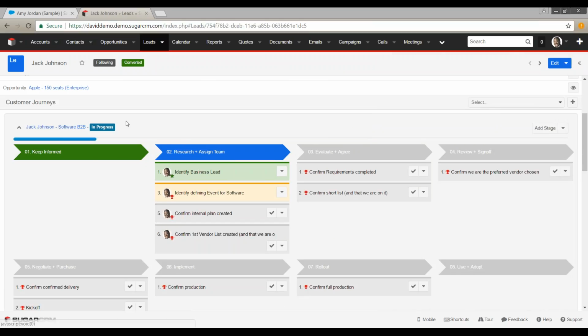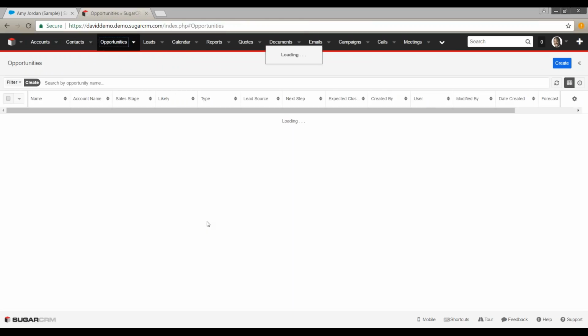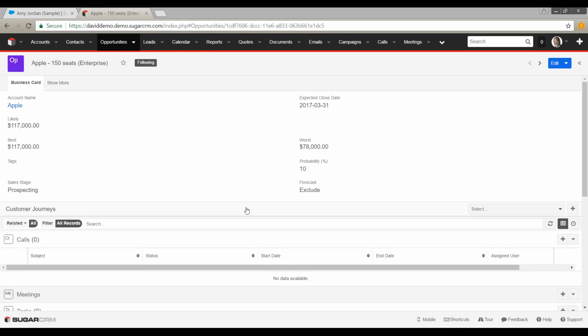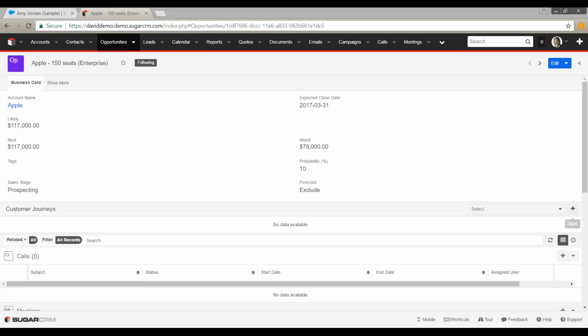To show you how one is different from the other, here we've got the B2B. We're going to go into an opportunity record. Let's say for a software sale, I've got a different type of journey than if I was going to convert a lead. Now I've got an opportunity. I want to create a new journey. So for him, again, these are